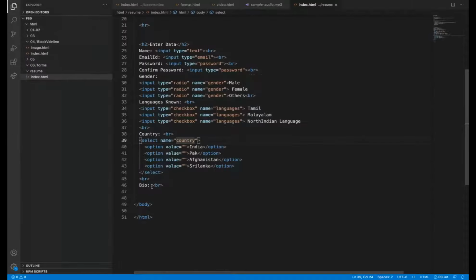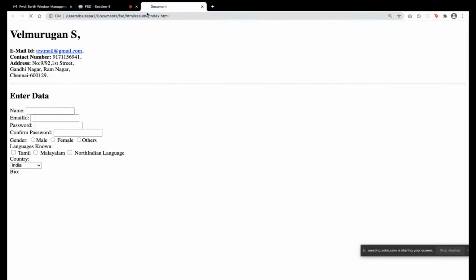Bio. So in bio, what will you write? So bio will be a text. So I can give type equal to text. But if I click enter, it won't allow. But bio is a descriptive thing.